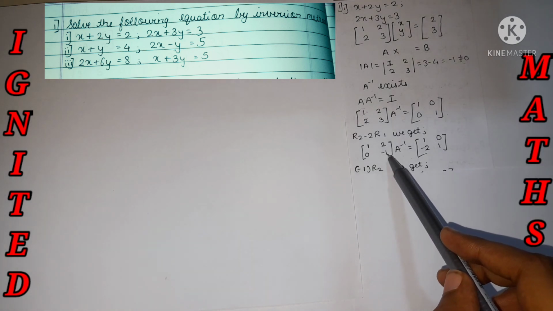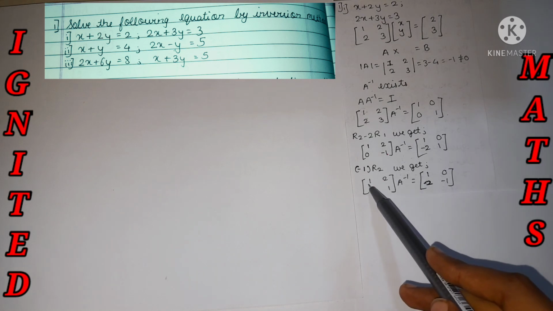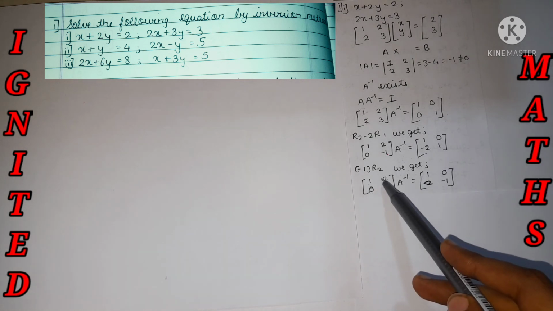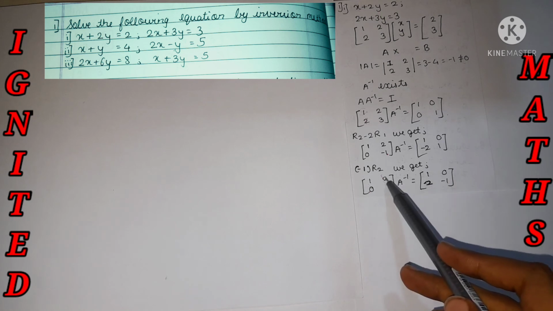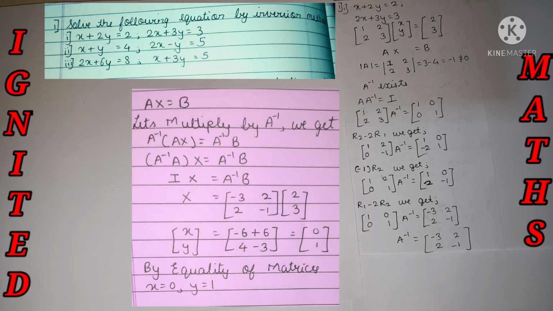Over here it's -1, but I need to make it 1, so I have multiplied by -1. If I do it, we will be getting the answer. So 1 0 0 1, it's absolutely alright. Over here we need to make it 0, so again do the transformation and we will be getting the answer. So A inverse is equal to this. Yes, we have found A inverse, but we need to find the values of x and y.